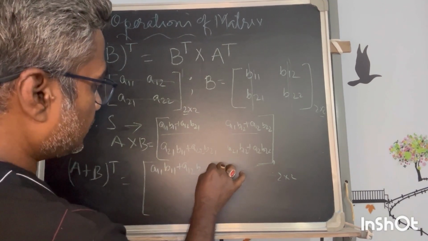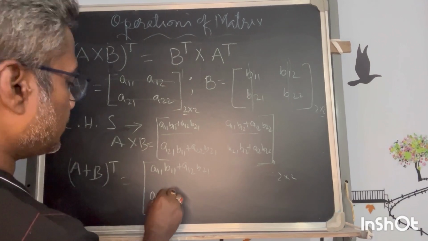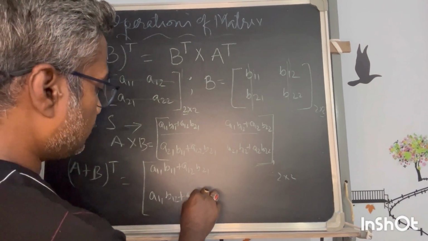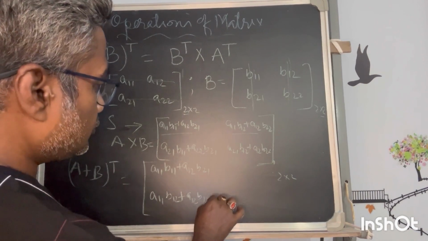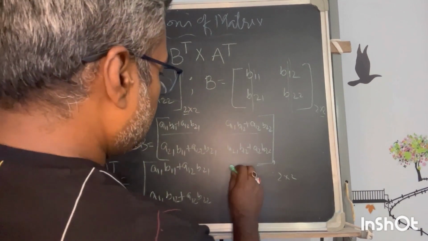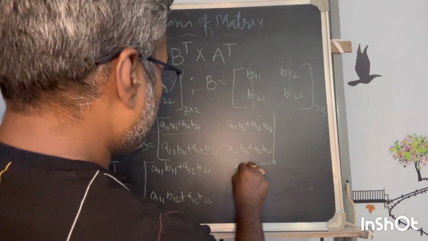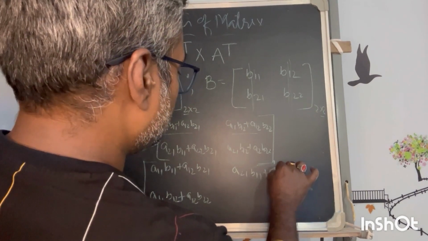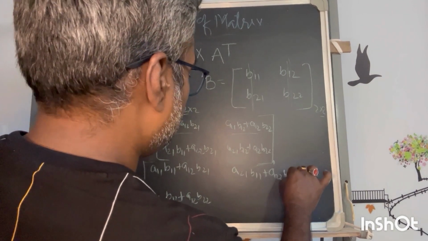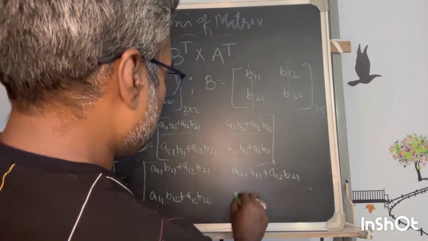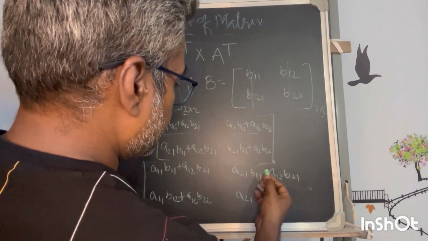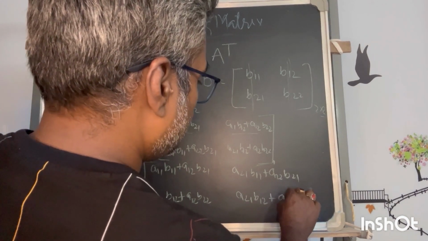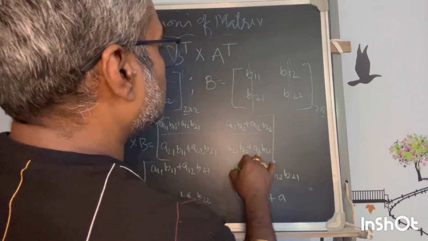A12 B21 will come here, and A11 B12 plus A12 B22 will go there, and A21 B11 plus A22 B21 plus this term will remain here, because it is 2 cos 2, so not much will change, but as per the rule this was